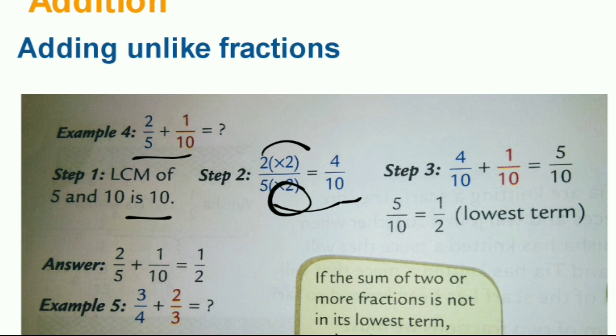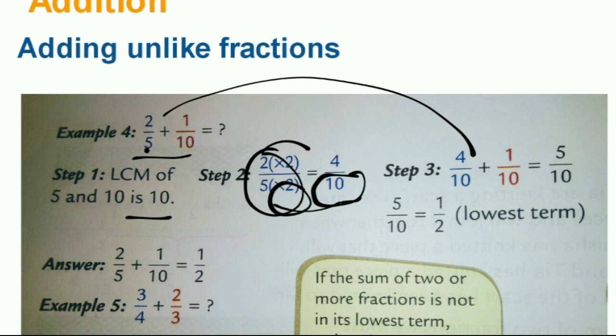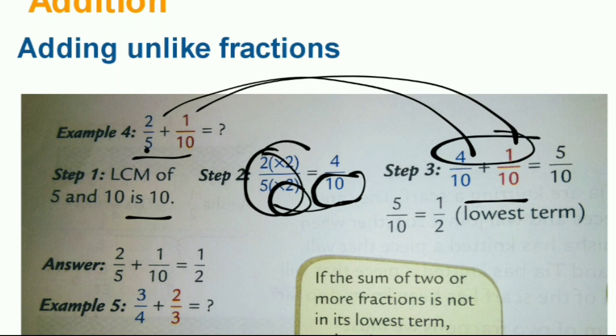After that, in this one, the first one is, we want 10 as the denominator here and 10 also here. So what we can do here is write 4 upon 10 in place of 2 by 5, and this 1 upon 10 remains the same. When we have the same denominator, we can add the numerators, and we write the denominator only once, don't write it twice. So 4 plus 1 is 5. 5 by 10 we will write in the lowest form as 1 by 2.